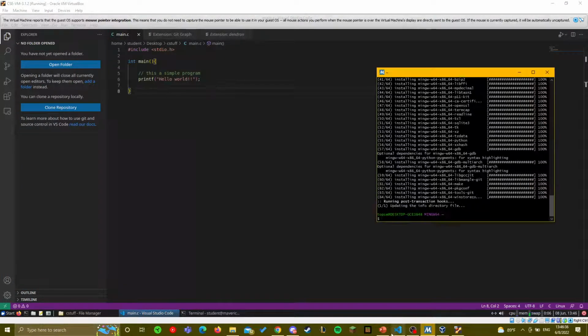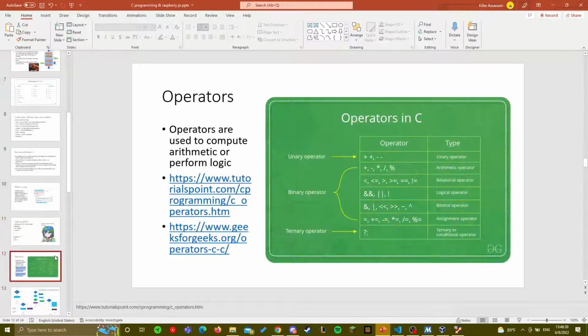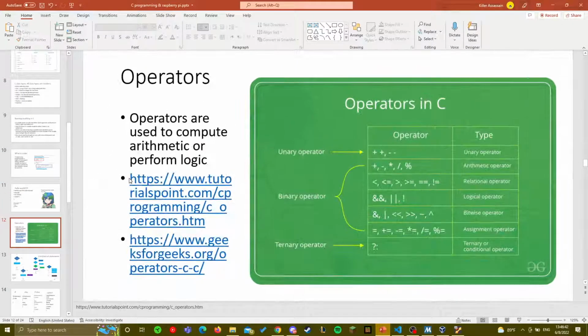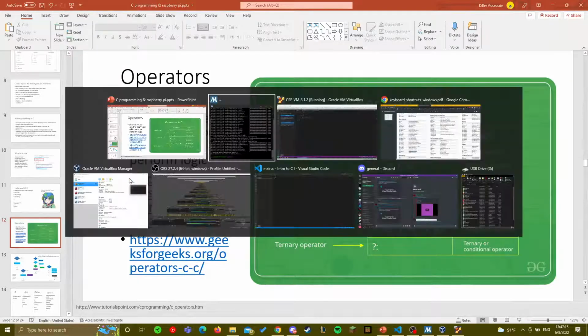Okay, and then operators. Operators are the most basic thing here. One thing that I don't use that much, and it's interesting because I think a lot of coding classes don't cover it, would be the ternary operator, right? This is essentially an if statement, right? You give it something, you put a question mark, and then you pass the expression. I can show you.